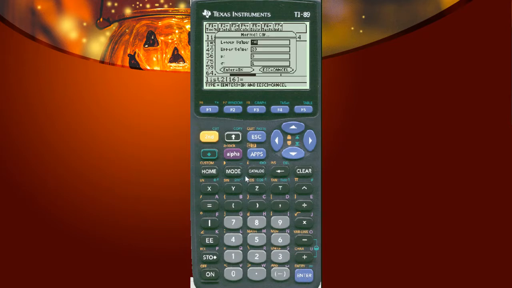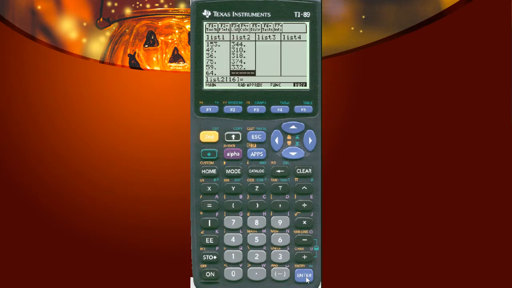Then it's going to ask us what values do we want. So let's say that we're going to do that gerbil problem that we just did. So we want to go from what's the possibility that we could have a gerbil that weighs less than 20 grams. So basically I want the lowest value to be the most negative value I can have. So let's press negative, and you could just enter 1 and a bunch of zeros, or you can hit diamond catalog and just hit infinity. Then I'm going to say my upper value is 20, and I'm going to enter in the mean for my gerbil mean, which was 25, and the standard deviation was 3. And then I'm going to go ahead and hit enter,